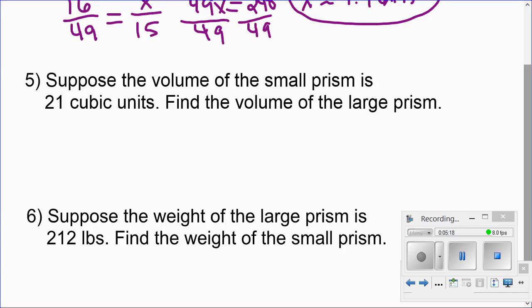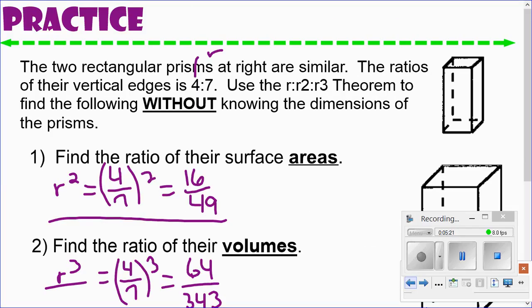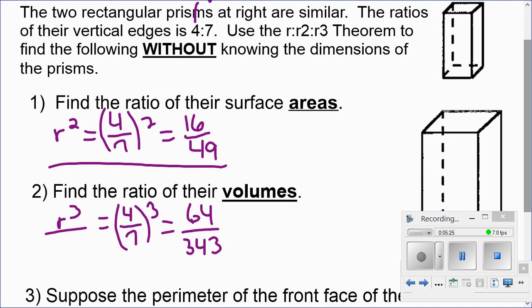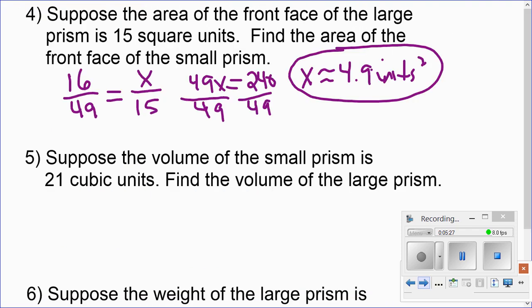So again, let me go back here a minute. We're looking at our R cubed, which we have down here. We have 64 over 343. So I'm using 64 over 343 is equal to, now, this time we have the volume of the small prism, so 21 is the numerator, and x, I don't know the volume of the large prism. So cross multiplying, 64x is equal to 343 times 21,